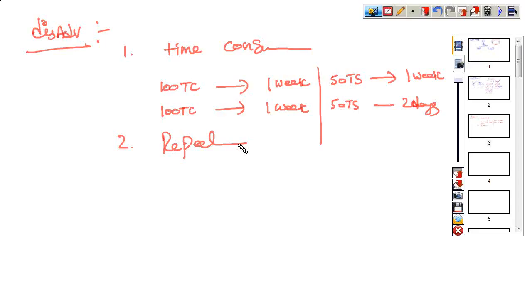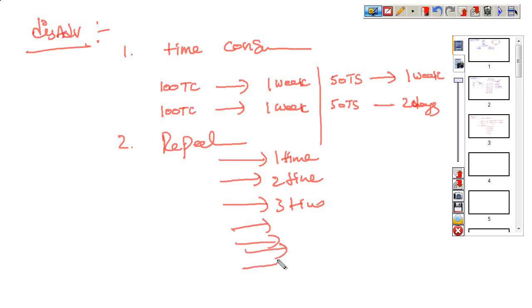we can't test it with the same interest. The first time I test a functionality, I test it very interestedly. The second time, okay, interest. The third time, okay. Fourth time, fifth time, sixth time, like that 10 times I want to test it. Manually we can't test with the same interest. The first time how interestedly we test, the same interest we can't keep for a number of times.